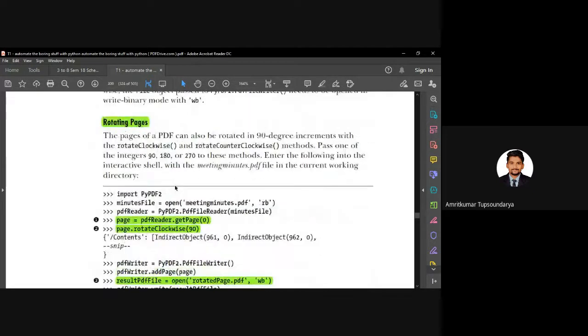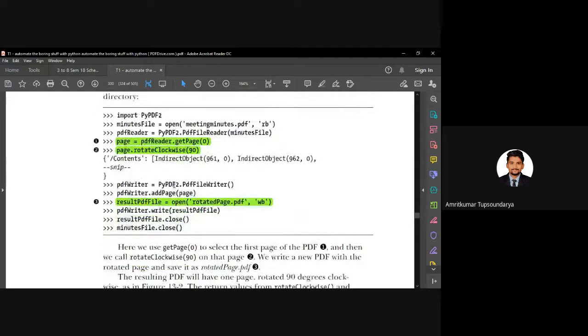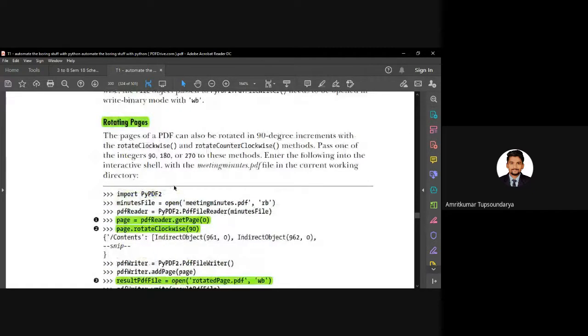Now let us see an example of rotating a page and writing a program to rotate a page. That is quite understandable, like how you usually rotate, let's say, an image. Similarly, can we rotate a page in the PDF? In the PDF editors, of course, there are a lot of PDF editors available, and you have the feature there which can help you to rotate the PDF page then and there itself. But let us see and execute a Python program which will help us to rotate the pages.